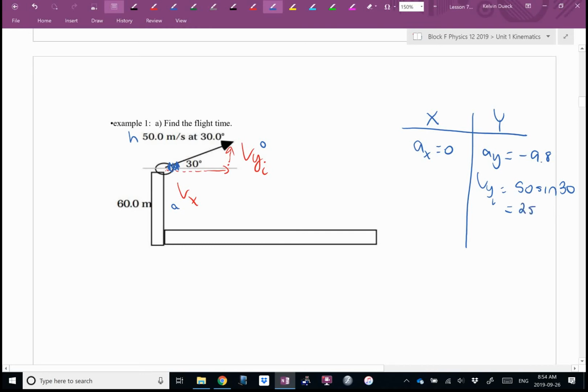Unlike last lesson, where I typed 100 sine 35 and 100 cos 35, here it's less typing to type the 25. I'm going to do that. Vx is going to be 50 cos 30, which is